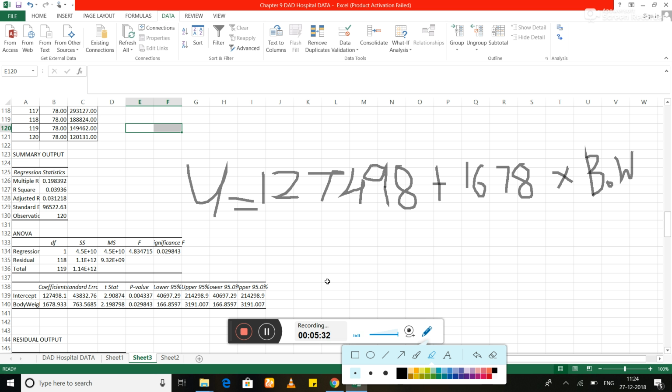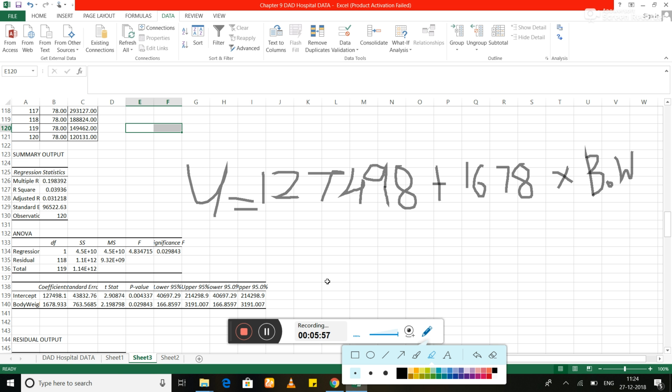As soon as you do your regression, you have to write the summary output, or the regression model summary is given by, and you have to write this equation. Okay, no need to write down all the things given in the summary output in the answer booklet. Just write down this equation with these coefficients, what you get.